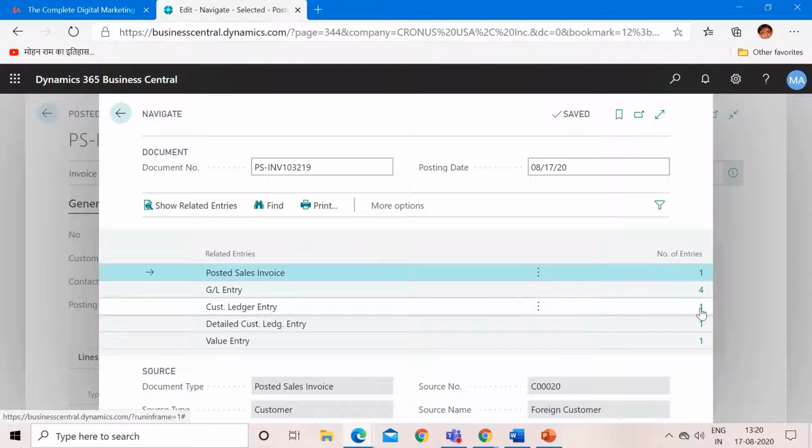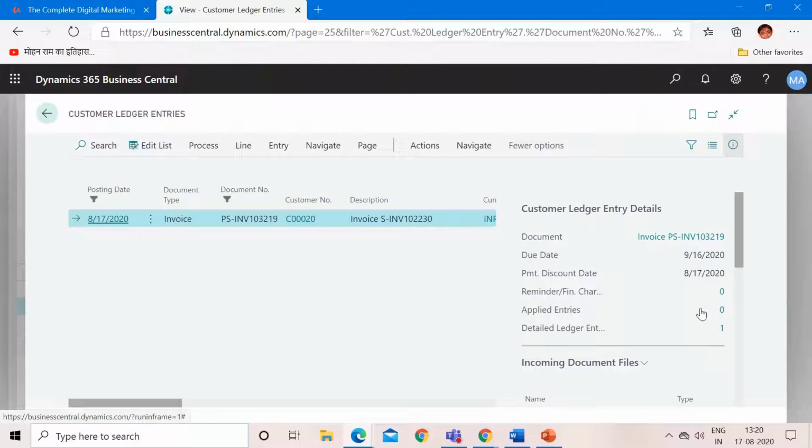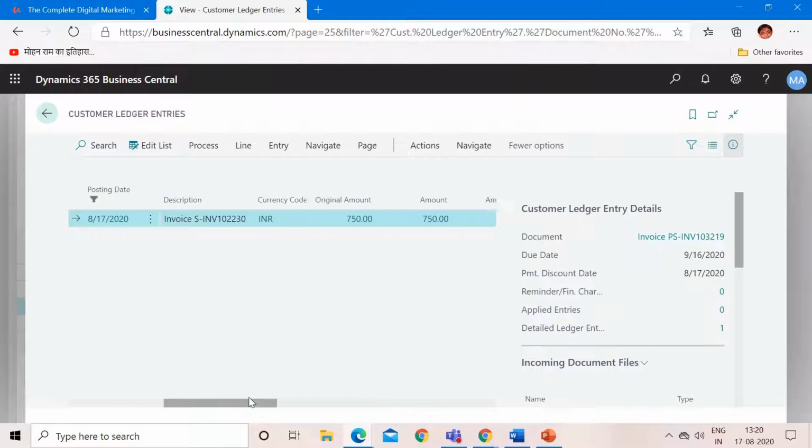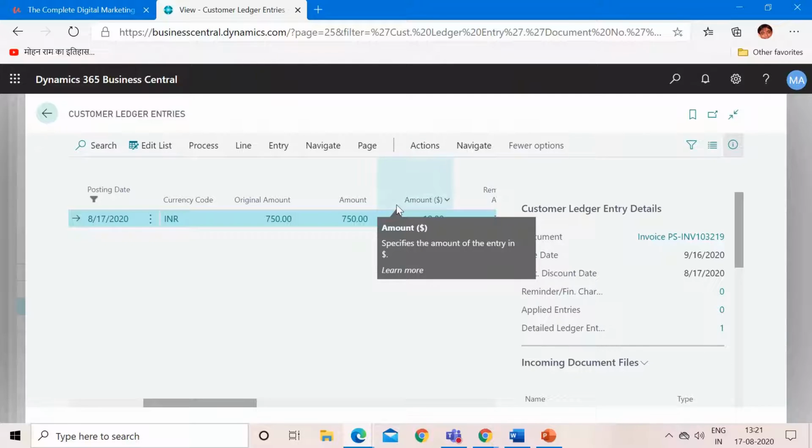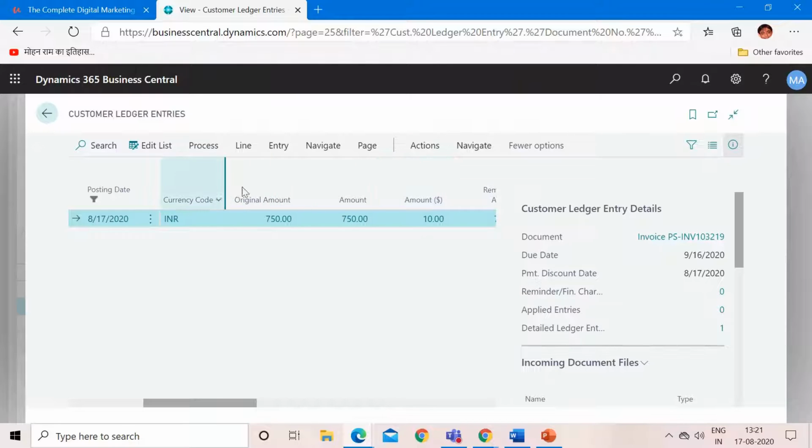So let me click here, and here we can see that the system created one invoice ledger entry against my customer, and my foreign currency amount is 750 INR, whereas my local currency amount is 10. Likewise, as we checked in the statistics window before posting an invoice,